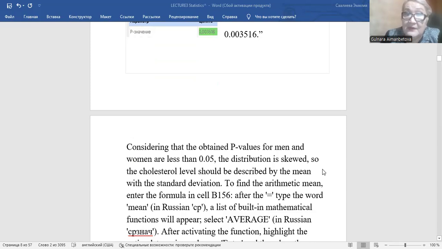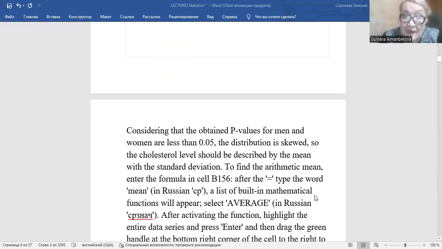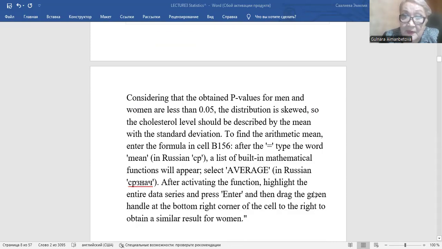Considering that the obtained p-values for men and women are less than 0.05, the distribution is skewed, so cholesterol level should be described by the mean with the standard deviation. Find the arithmetic mean: in cell B156,